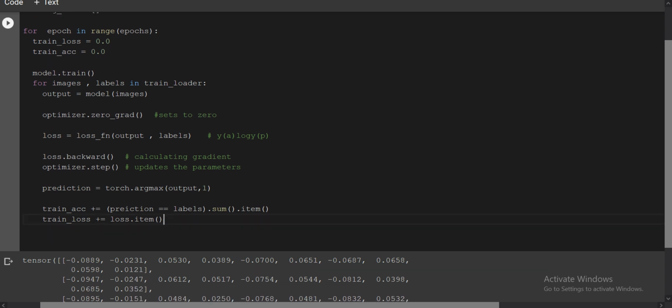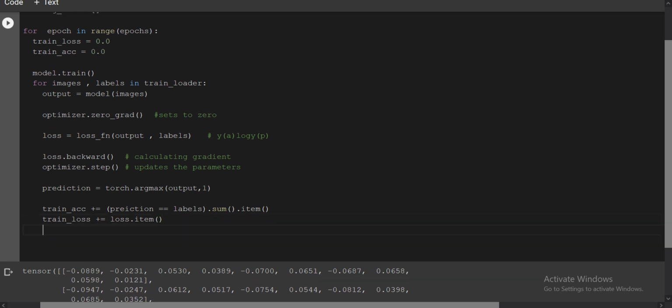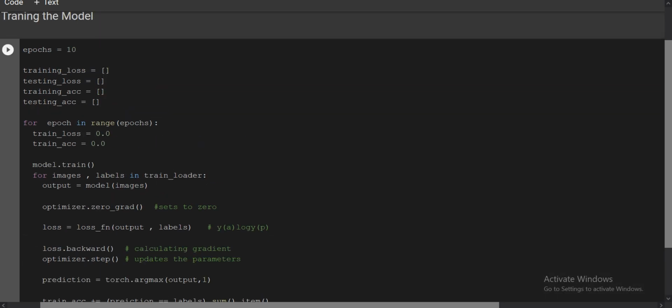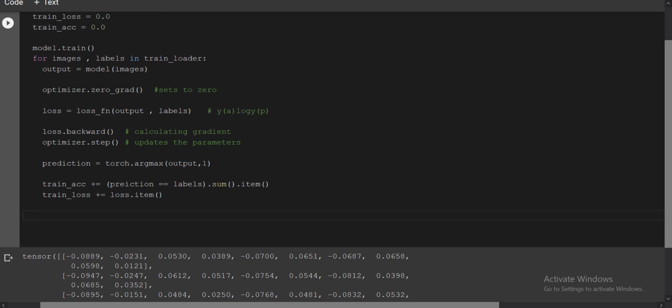Now you have done it for the particular batch, but you want it for all. Whenever you plot between training accuracy and training loss, you only want that particular value for the one epoch. After the whole iteration has been done, how much loss and how much accuracy it is giving, that's the particular thing you want from that model. Then what you will write here,